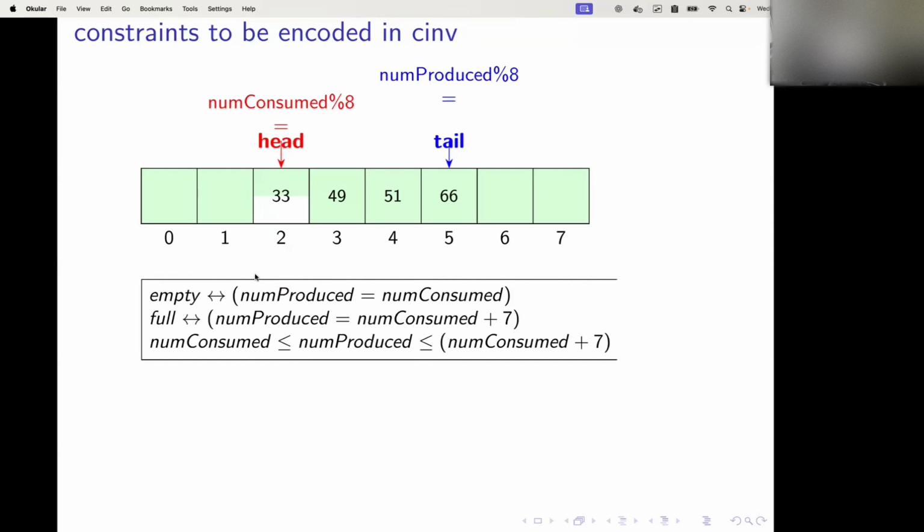There are some other constraints. These are the two we talked about. If num produced is equal to num consumed, then the queue is empty, meaning we have consumed everything that we produced so far. It's full if num produced is 7 plus num consumed. We saw that the capacity was only 7, not 8. And num consumed will always be less than or equal to num produced, and less than num consumed plus 7. We have to encode all these constraints in the invariant, and they become slightly more complicated, but this is the rough idea, and I'll show you the exact